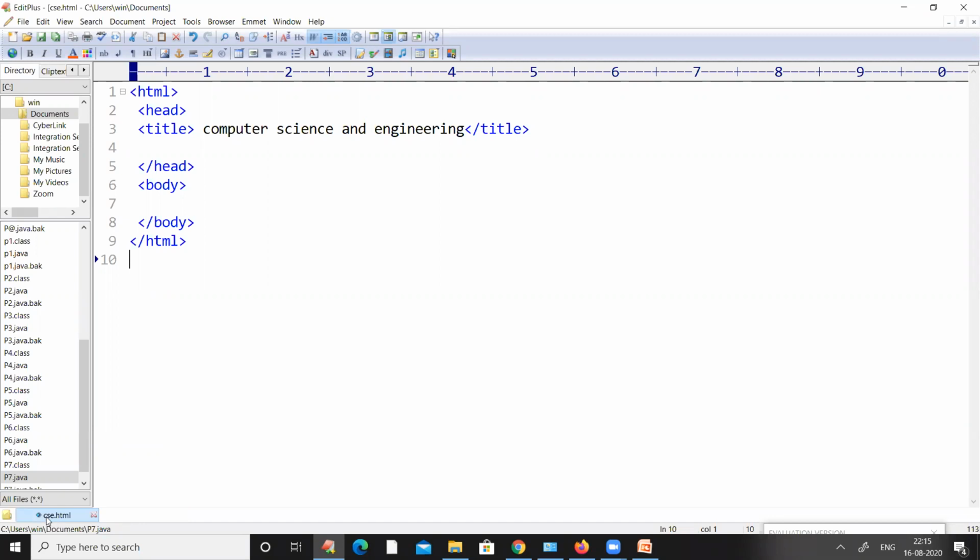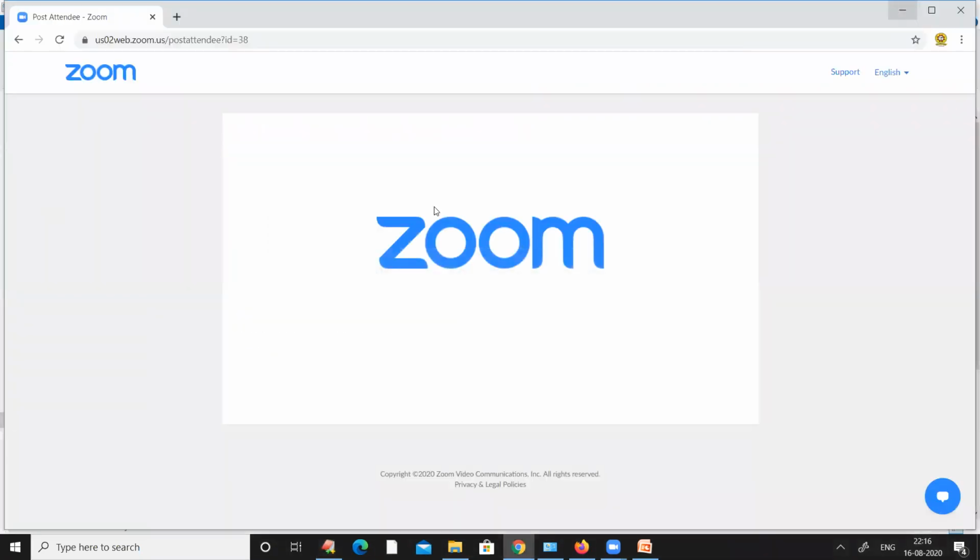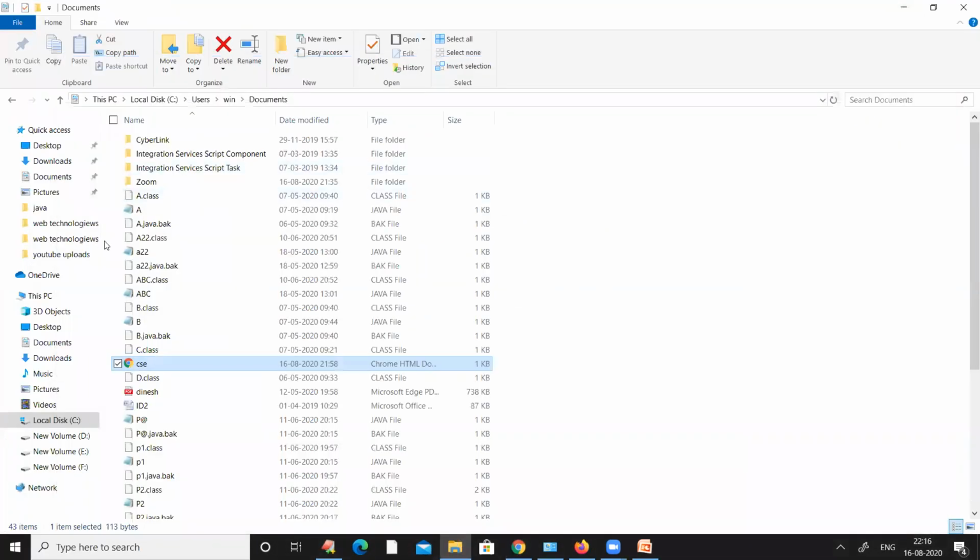You can see the path where this program has been saved at the bottom. It was saved in the documents. If I move the mouse on this csc.html, it shows the path where it has been saved. So immediately move to the documents of your computer.